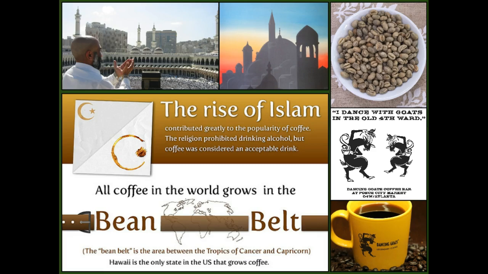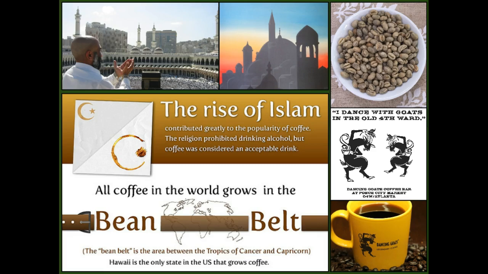Now, the rise of Islam contributes greatly to the popularity of coffee. This is an important note. We'll talk a lot about Islam during the classical period, but the rise of Islam really begins around 632 with the death of Muhammad. And with that rise of Islam, if you'll remember from our last video, Muslims, as Muhammad states in the Quran, do not drink alcohol. So by prohibiting the drinking of alcohol, coffee becomes an acceptable drink, something that becomes kind of this social community gathering, and we see that still today.